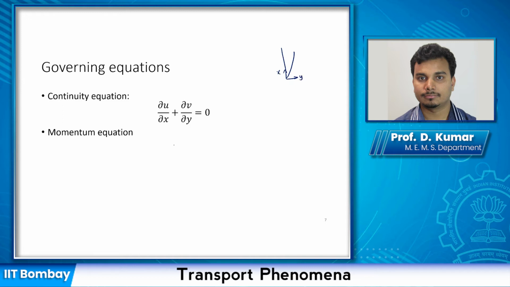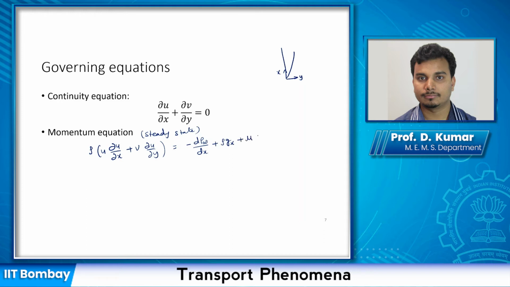Okay, so now if we write the x momentum equation, x momentum equation will be like this. So you will have rho (u dou u by dou x plus v dou u by dou y), and again we are talking about steady state. So that's why you will not see the time derivative here. This we have looked at earlier in the course, right? Equals minus dp infinity by dx plus rho gx